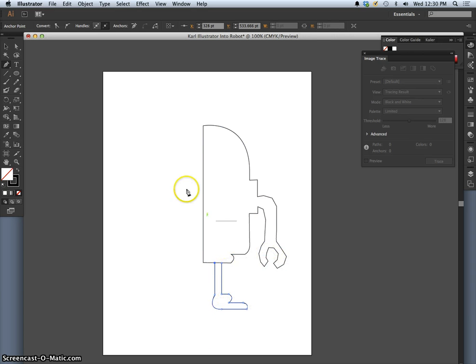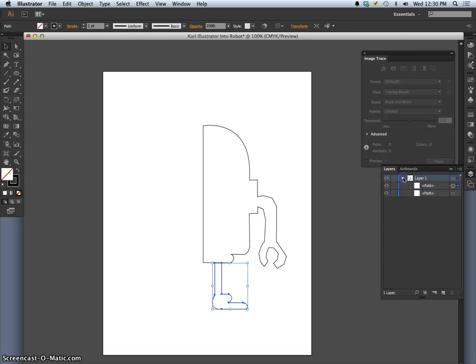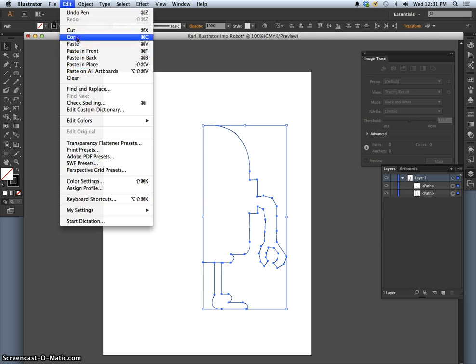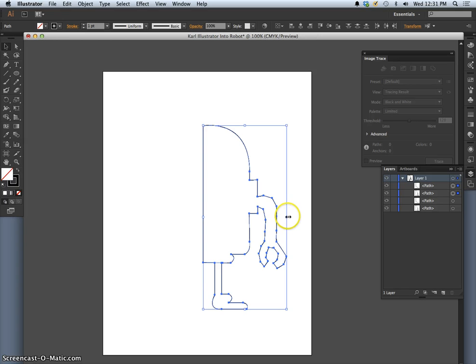Okay, so now I have two strokes making up my robot. That one and that one. They're both going to show up as individual strokes in my layer group as individual paths. But I want to select them all, like so. I can also do it with the large selection tool, dragging through like that. And now I'm going to copy it, and I'm going to flip it. So I say Edit, Copy. And then I say Edit, Paste in Place. And now I hold down Shift, and I'm still on the large selection tool, and I'm just going to